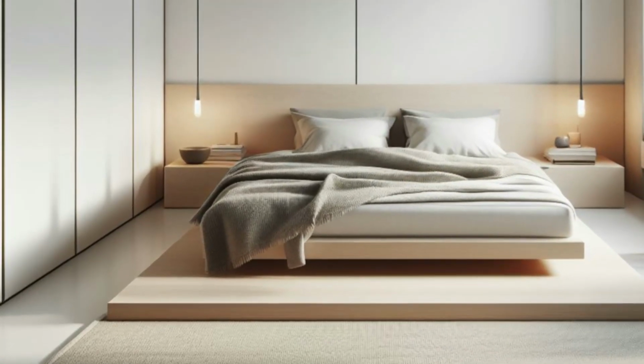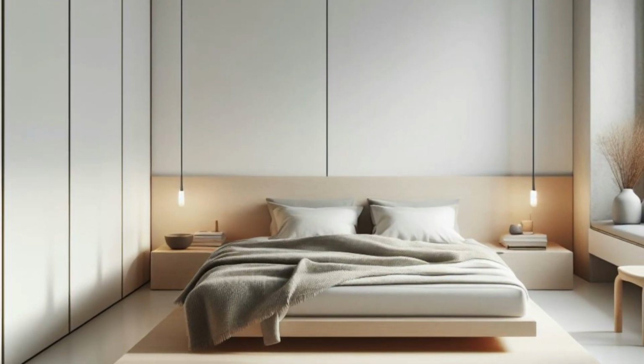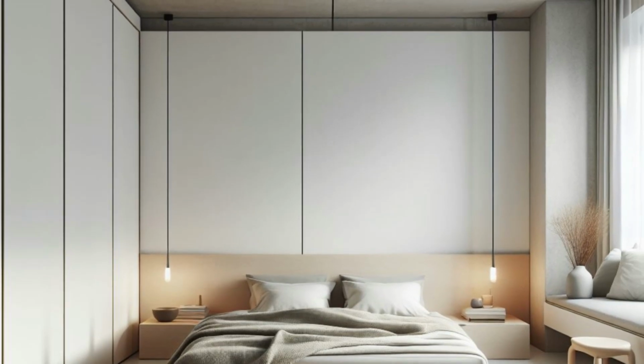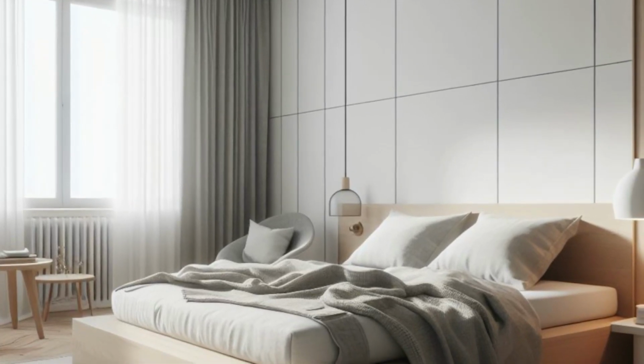Step into this serene Scandinavian-inspired sanctuary, where simplicity reigns supreme in the heart of your apartment bedroom. A low-profile platform bed serves as the anchor, inviting you to rest and rejuvenate amidst its clean lines and understated elegance. Streamlined furniture pieces and uncluttered surfaces contribute to the minimalist aesthetic, creating a sense of calm and tranquility that